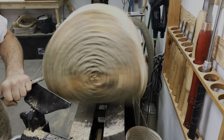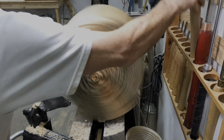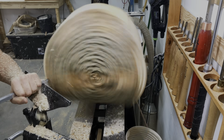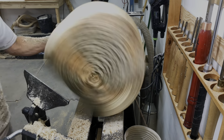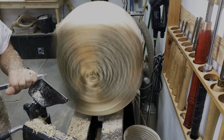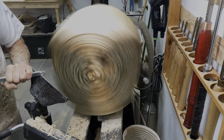This is a really fun project I started working on about a year ago. I was given this big chunk of ash, freshly cut down ash, no less, from a wood supplier of mine, and I've taken it through the process of almost overloading my lathe, because this was a really big, heavy chunk of wood, through the milling process, the drying process, and then I used a technique I've never tried